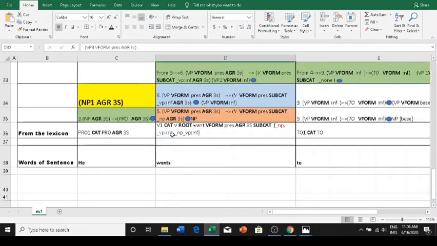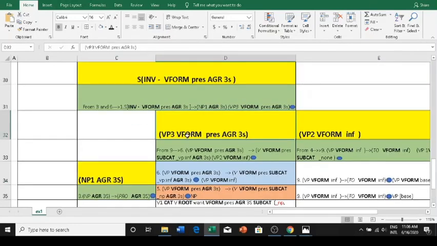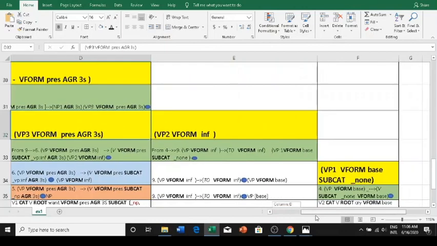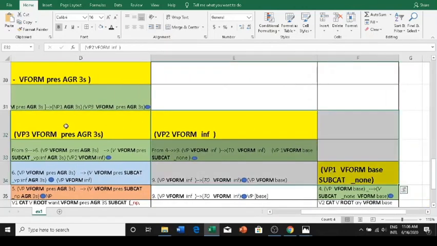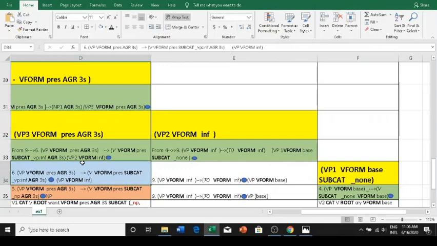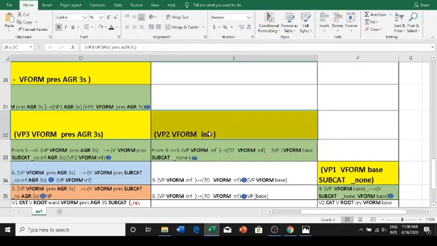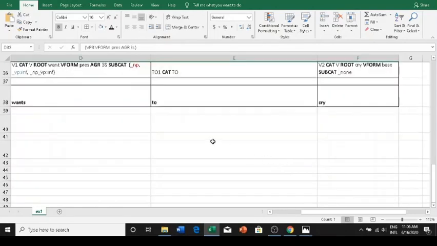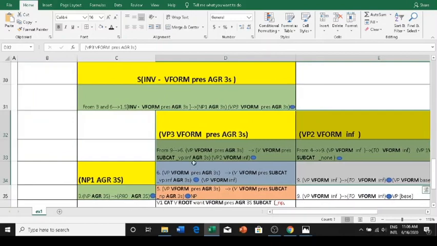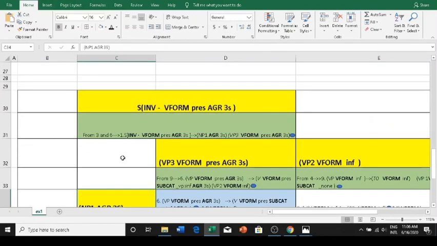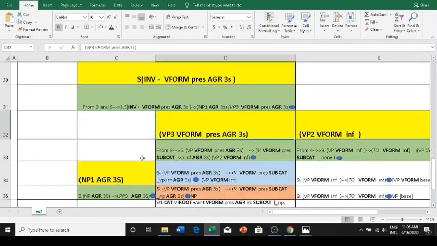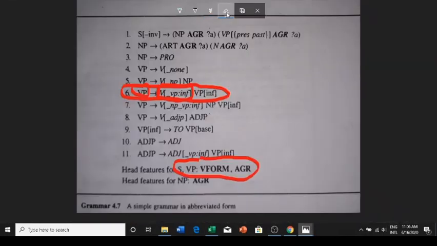We already got an NP, noun phrase, for he. Then we have a VP3, which covers all the other verb phrases on the right. VP3, if you see here, covers VP2, and VP2 covers VP1. So VP3 actually covers this entire right hand side; VP3 covers wants to cry. And NP1 covers he. So we have NP1 and VP3, and we need to find out whether any rule with this structure is present in our grammar. We are beginning our search here.